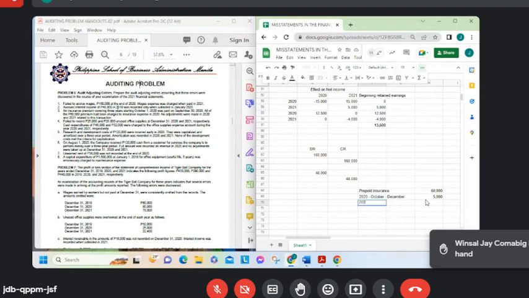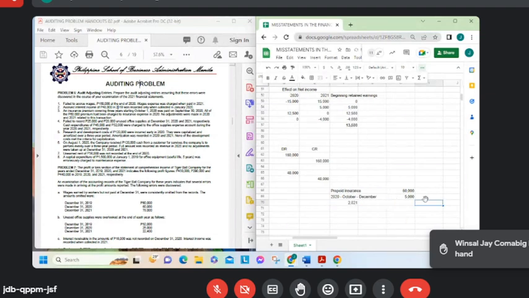In 2021, so this is for the full year, so that's 60,000 divided by 3 lang. So in 2021, there should be an expense, no? This is an expense,